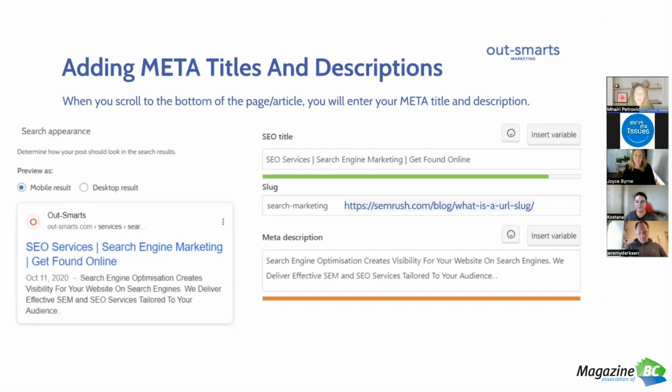You can also set up Yoast so that it auto creates your meta titles and descriptions, but we actually recommend that it's better for you to create them yourself, because that way you get control over what shows up in there, especially with your titles, because you can enter your keywords rather than Yoast just deciding what should show up there arbitrarily for you. I'm always a big believer in humans are better than technology when it comes to these things.